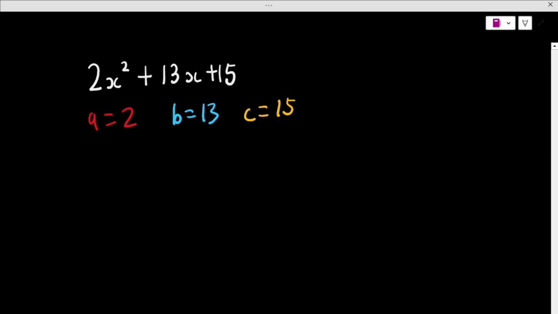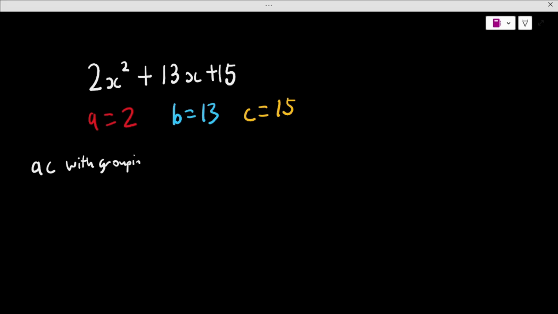The third method is pretty similar. Credits to Black Pen Red Pen for showing this. This is going to be the AC method with grouping. We are going to be constructing a cross like this. On the top area, we're going to take A times C, and on the bottom area, we're going to